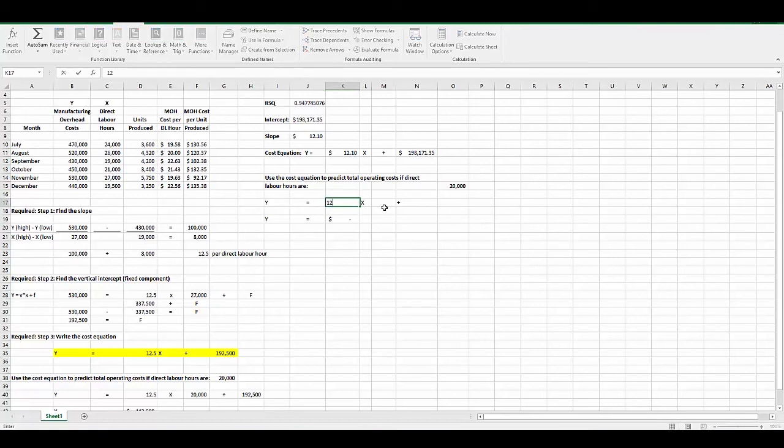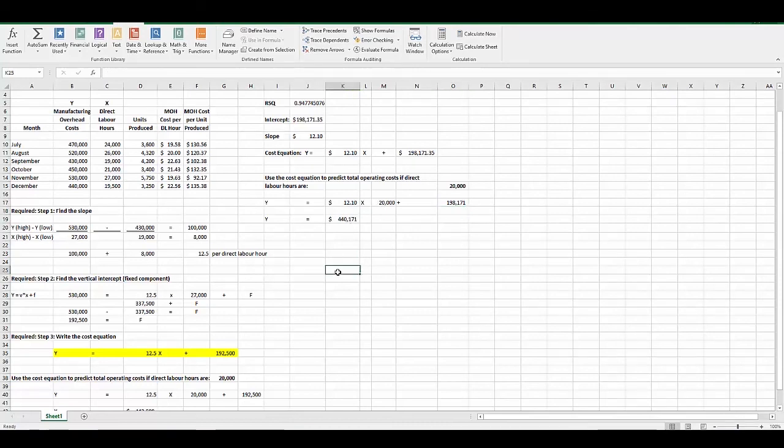We'll enter in our $12.10 per hour, and we're looking at 20,000 hours, plus we have our fixed cost, which we've just calculated here, of 198,171.35, and that will give you a total cost of